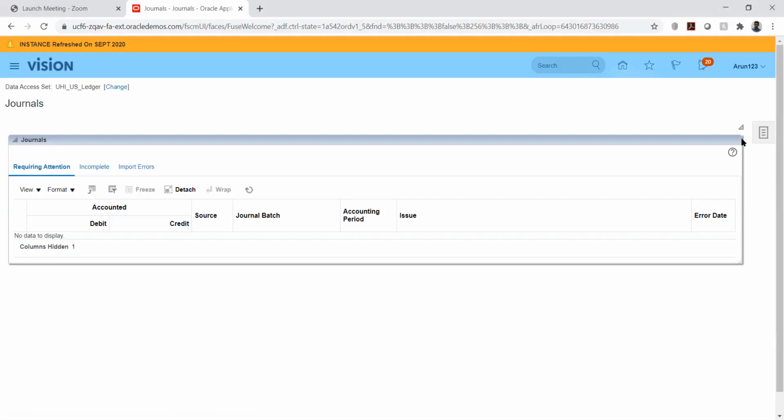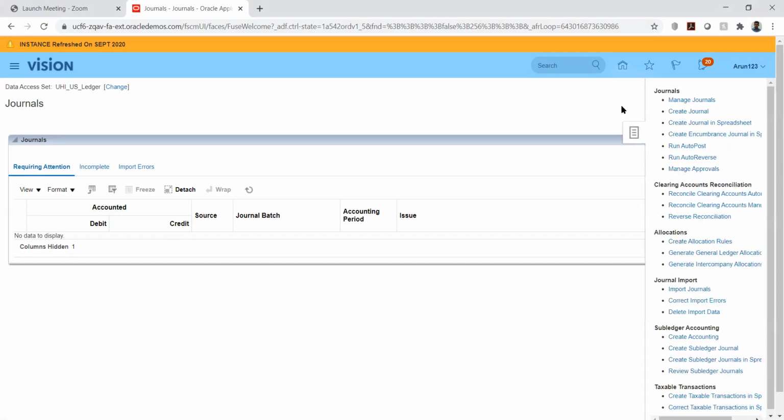So the three ways are like we have the manual way of entering it, what we saw yesterday, and we have AFBDA. So using that we can load the journals, and we have FBDA template. The difference between the AFDA and FBDA is that there are few restrictions in terms of performance. So what was it called? AFBDA. Yeah, AFBDA. Okay.